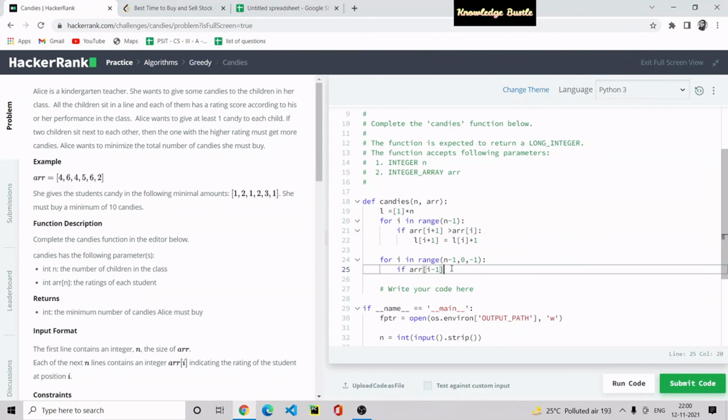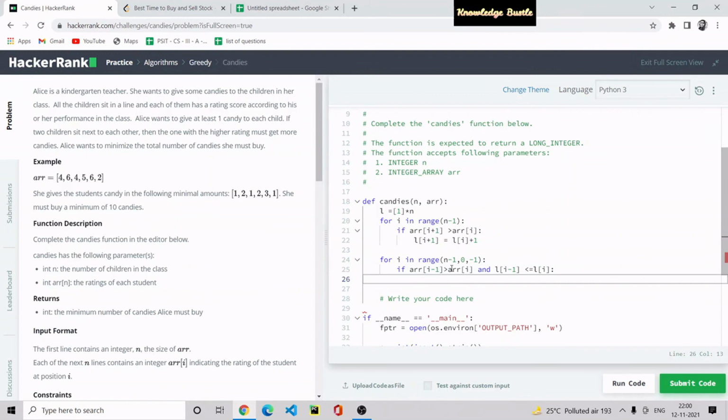So we have to check if ARR of i minus 1 is greater than ARR of i, and again we have to check a condition in our answer array L: if L of i minus 1 is less than or equal to L of i, then we place L of i minus 1 equal to L of i plus 1.